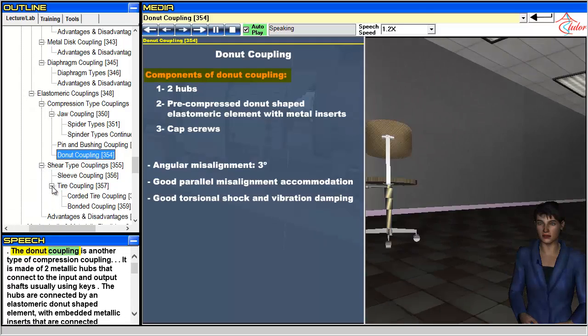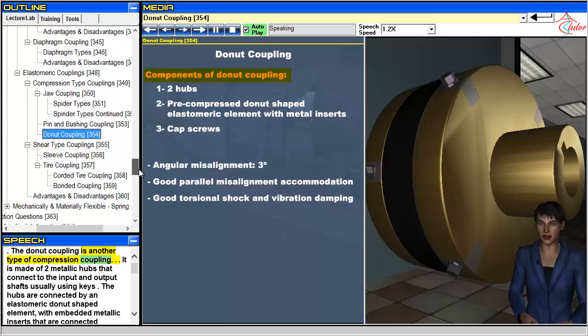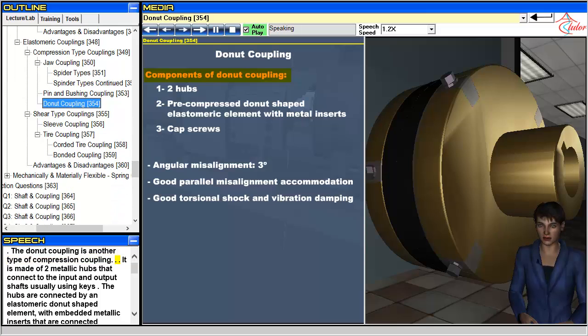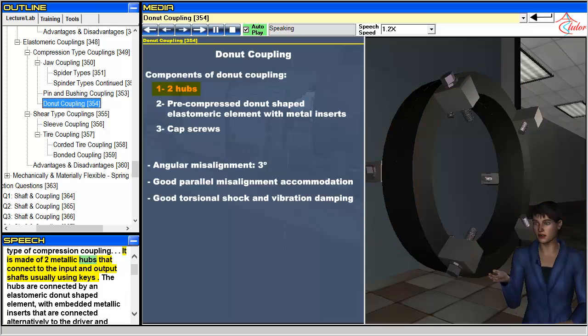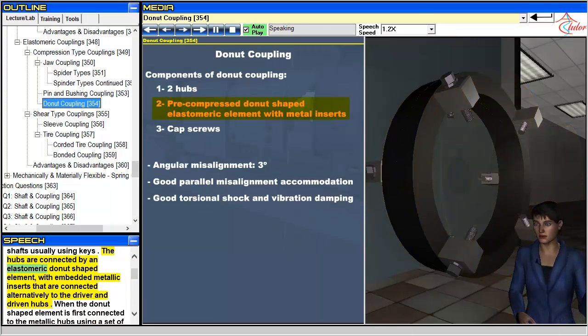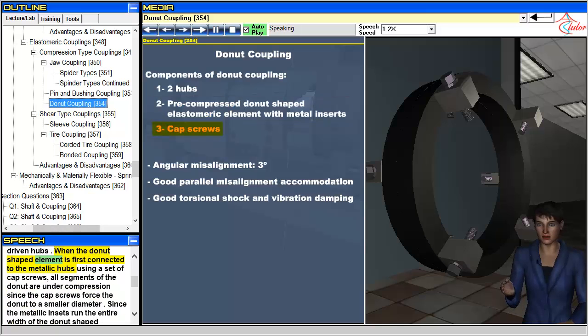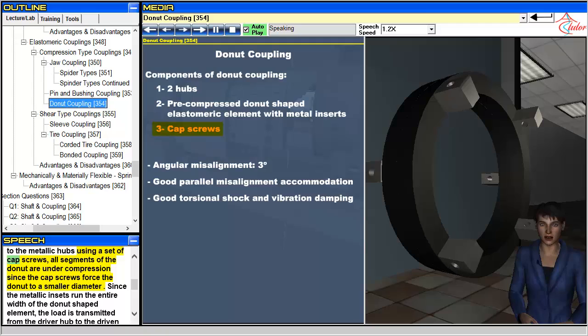The donut coupling is another type of compression coupling. It is made of two metallic hubs that connect to the input and output shafts, usually using keys. The hubs are connected by an elastomeric donut-shaped element, with embedded metallic inserts that are connected alternatively to the driver and driven hubs. When the donut-shaped element is first connected to the metallic hubs, using a set of cap screws,